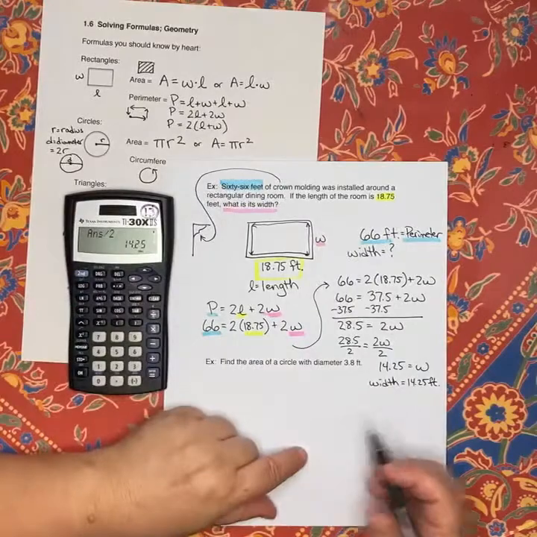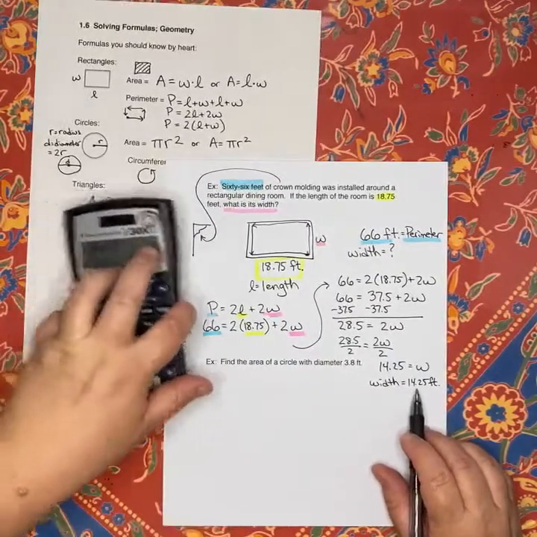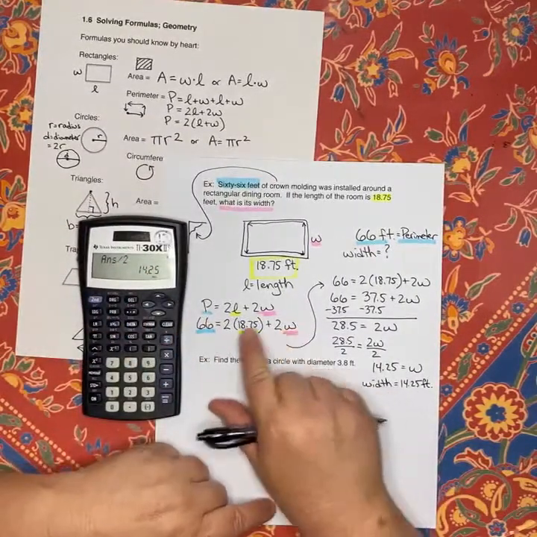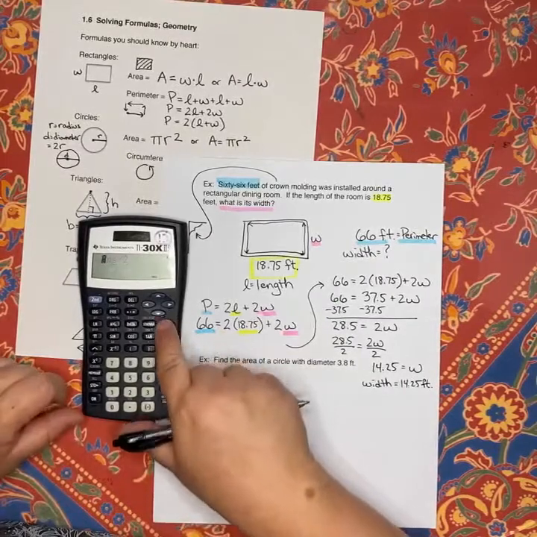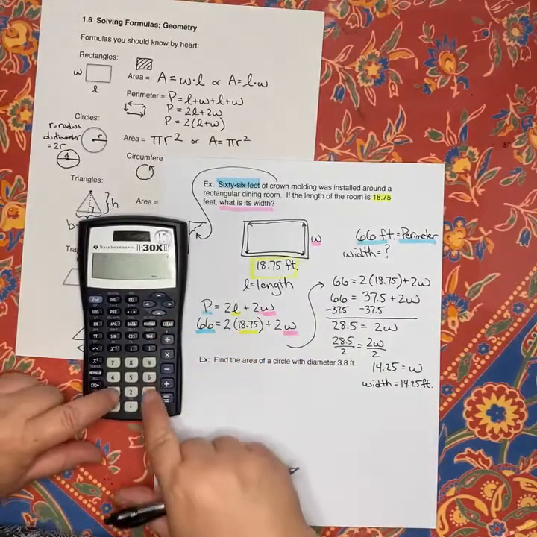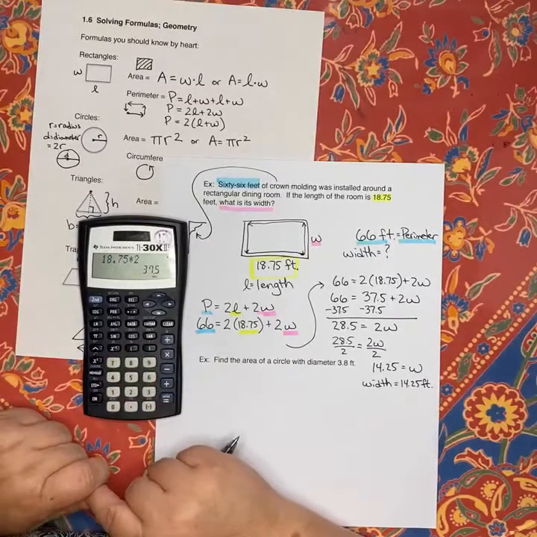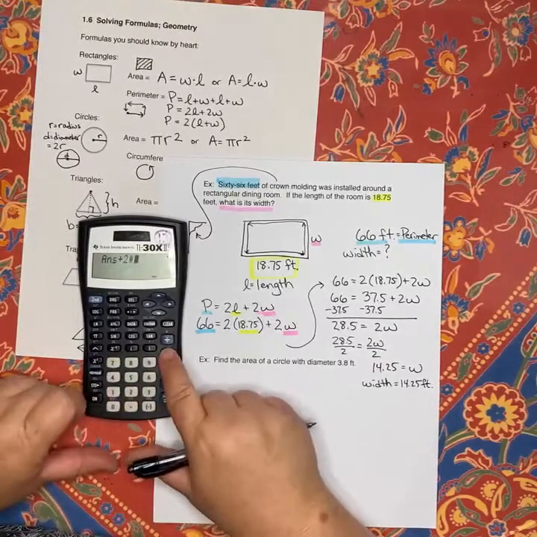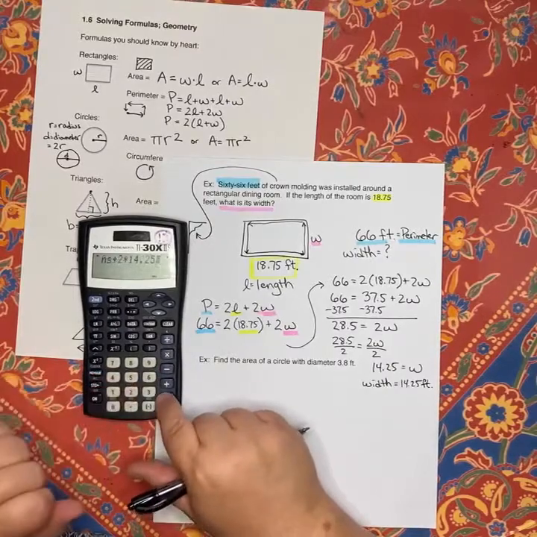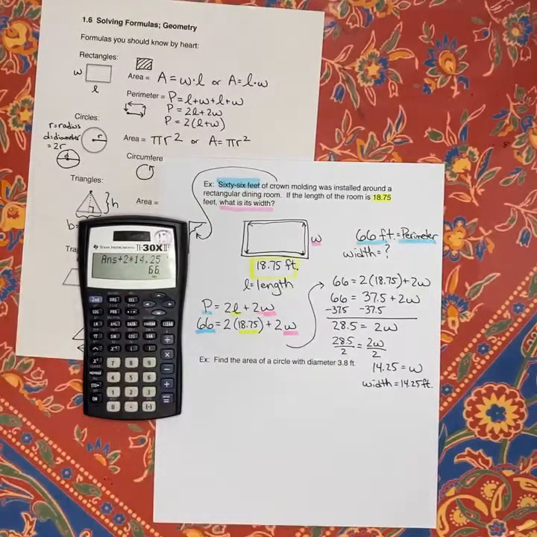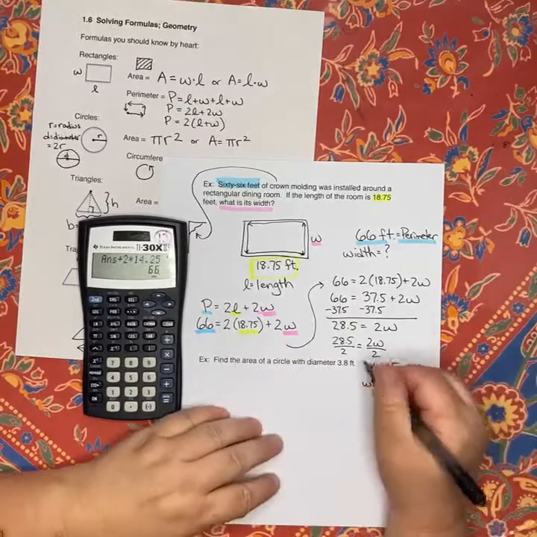Could you check your answer? Absolutely. So we could come back over here. We could say, clear. 2 times 18.75. Okay, 37.5 plus 2 times 14.25. I get 66. Woohoo! Happy days. Okay,